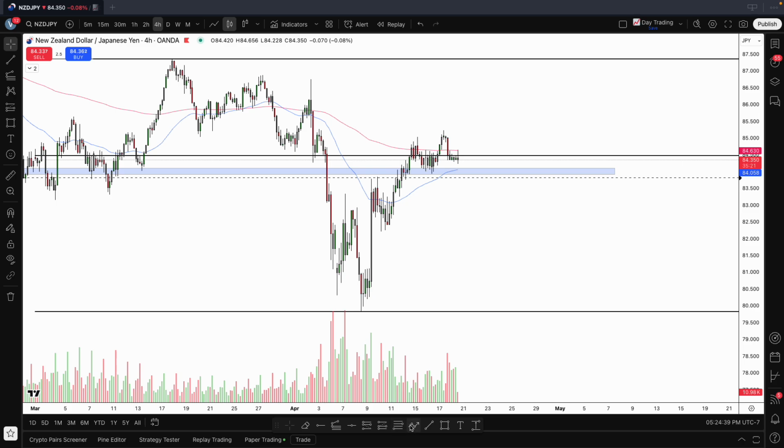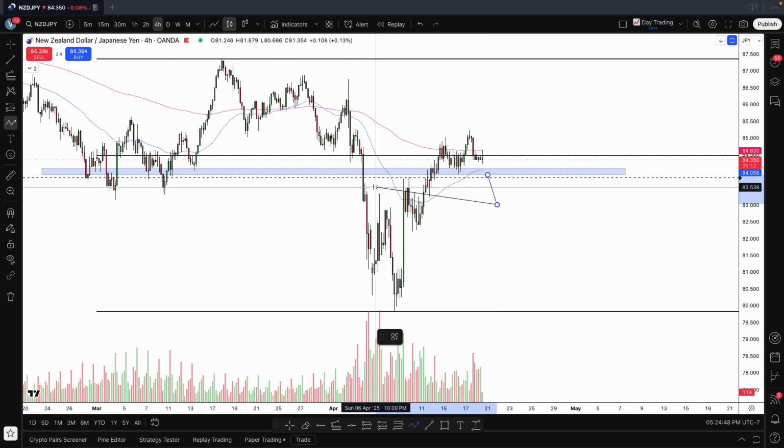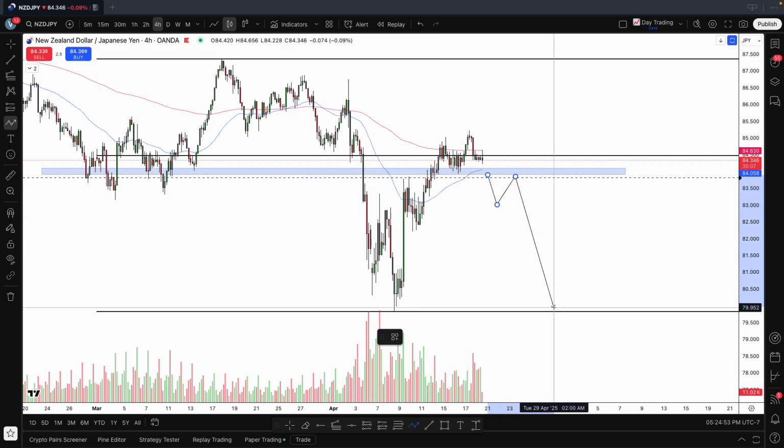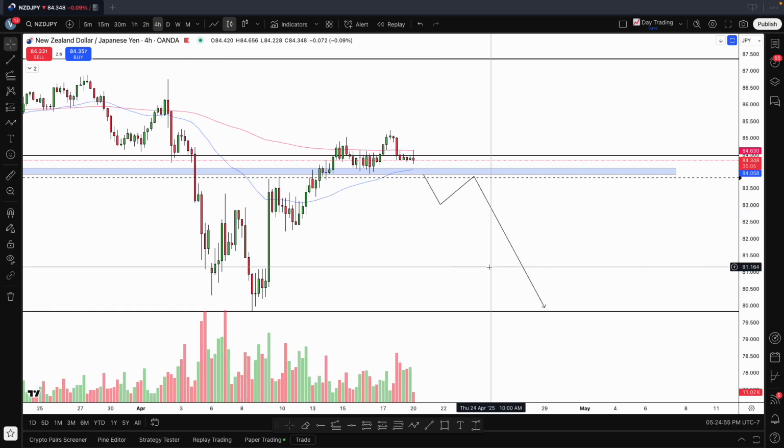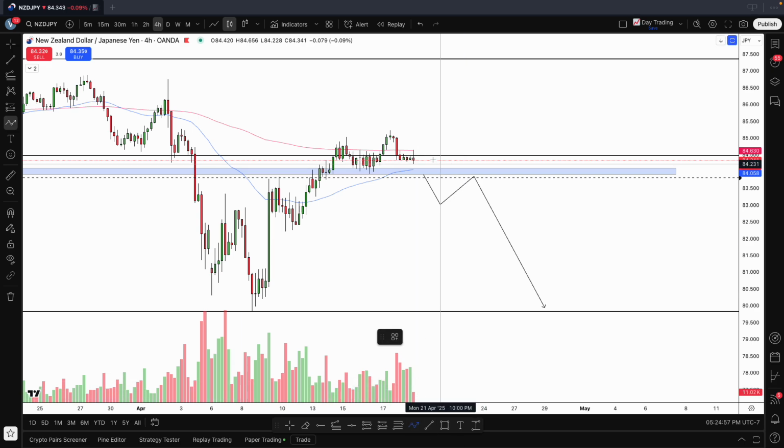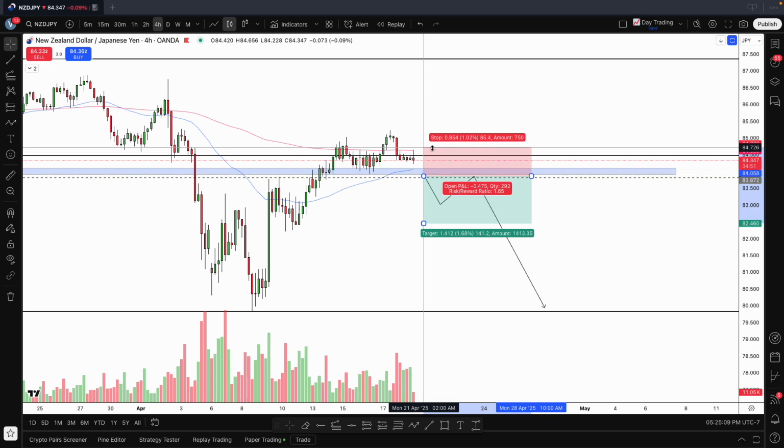Once price closes under this area, either number one, it comes back for rejection, which is highly plausible as we've seen it before over here, and then we go short. Or I see at what time the market breaks under this area. If it's during London or New York session where there's high volatility, high momentum, I'm just gonna enter right away after this break. I'm gonna put my stop loss over here above these wicks, which also acts like basically